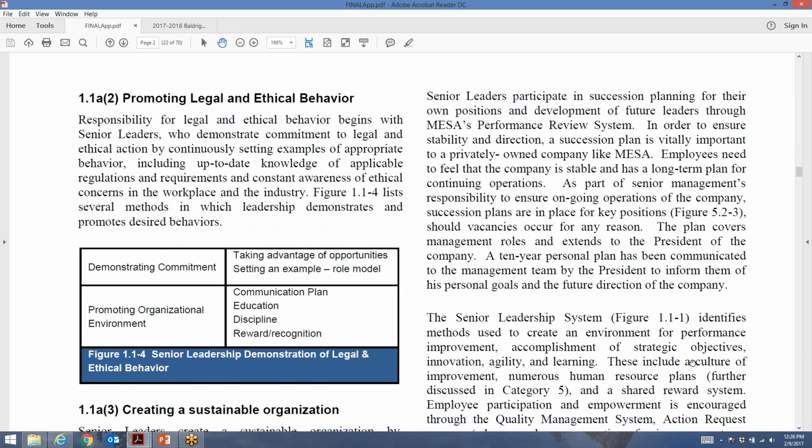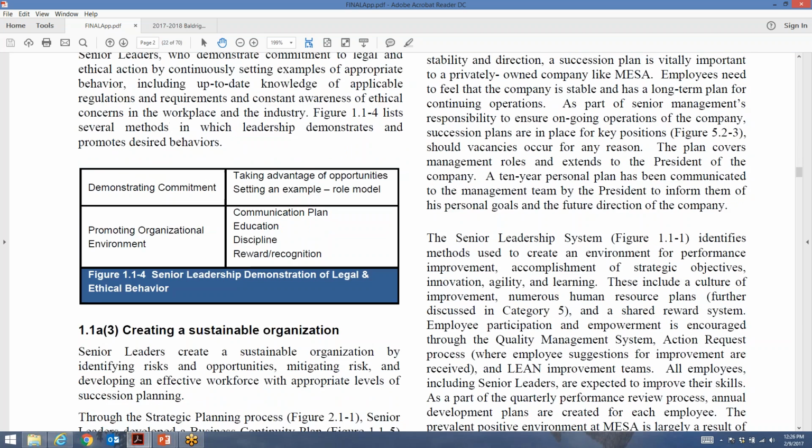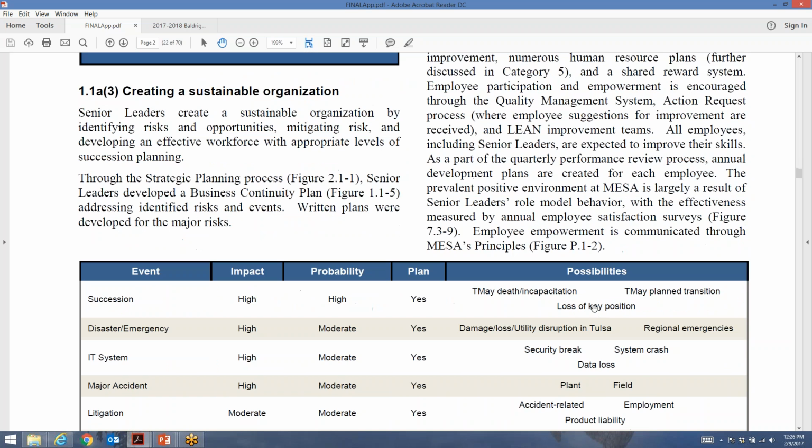Moving right along. When I'm talking about ethical behavior, I might have various approaches for ensuring legal and ethical behavior. Put that in a table and just tell me how you do it. These come right out of the criteria. It's going to ask how I demonstrate commitment, how I promote this in my organizational environment. Just give me a table of that. You don't have to describe every process. Now, if that's a big strength for you, certainly maybe paint the picture and tell me that in more words, but it's usually not.